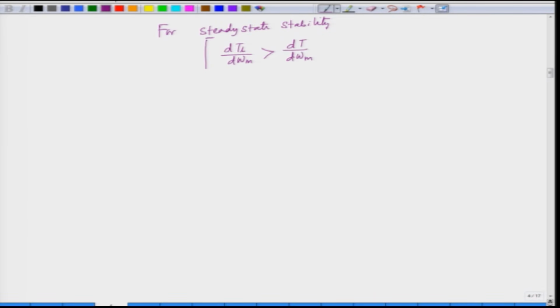So, we check at the equilibrium point, if this condition is satisfied, we say that operating point is a stable operating point, and if this condition is not satisfied, we can be sure that that operating point is an unstable operating point. It means, whenever we have some disturbance, the speed will diverge or the speed will not settle down to that particular point. So, we should avoid unstable equilibrium point. We should only try to see that the load torque and the motor torque combination has to be stable.